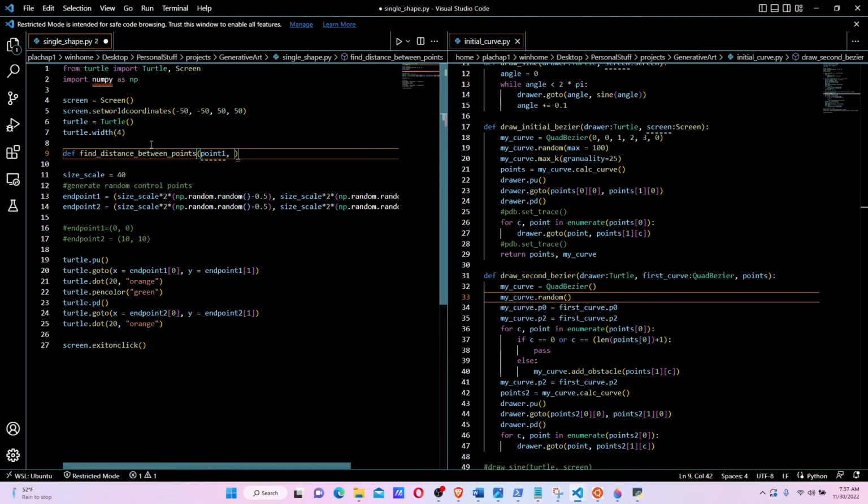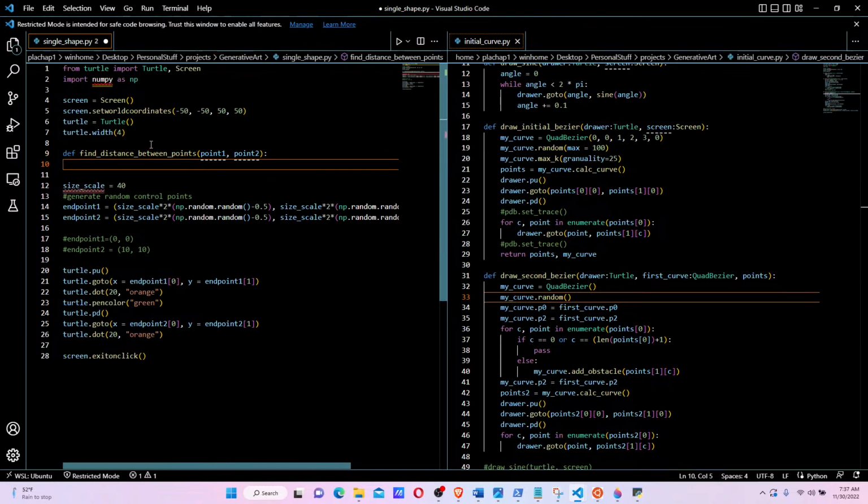And we get point 1 and point 2. So if we want to find the distance between 2 points, we can say